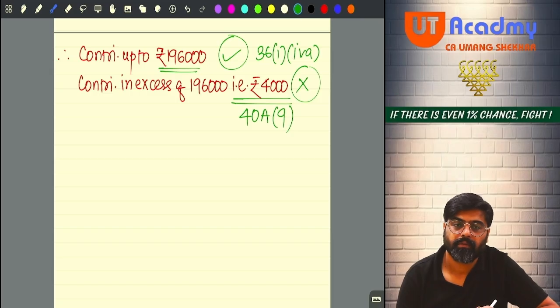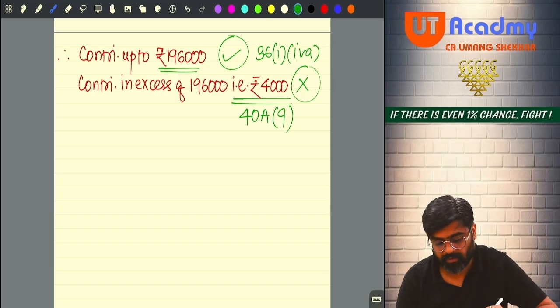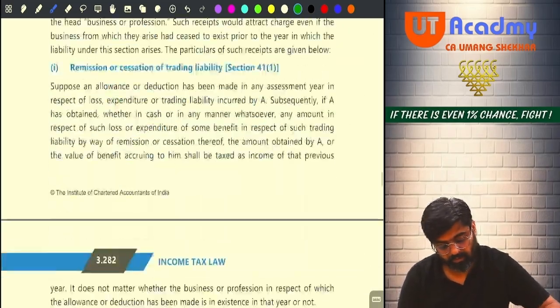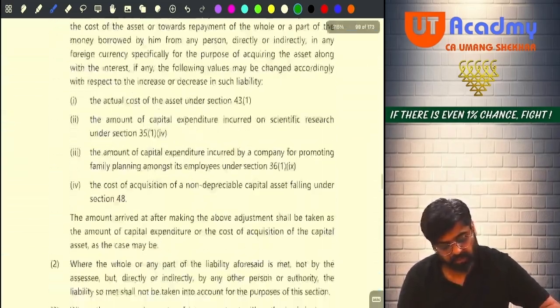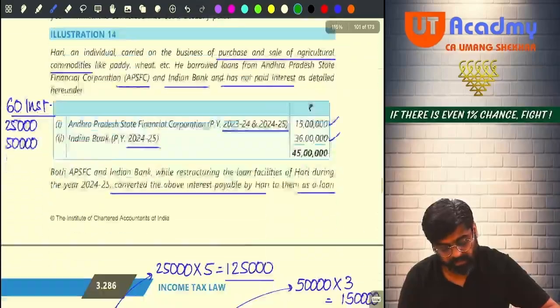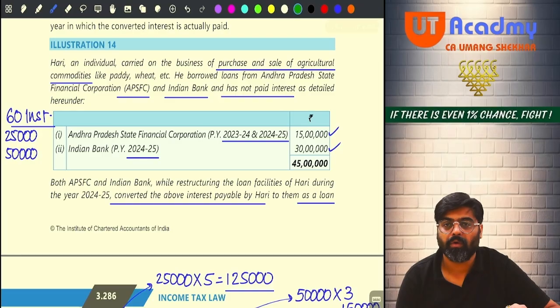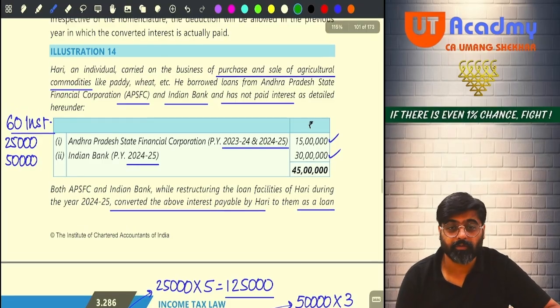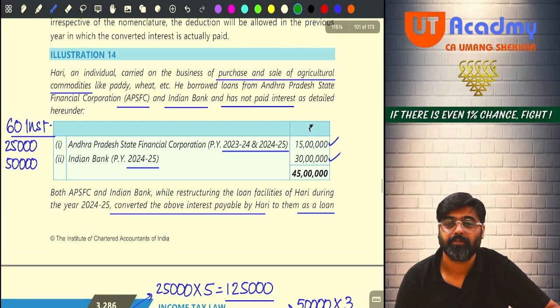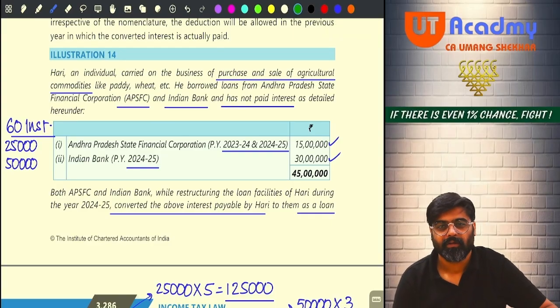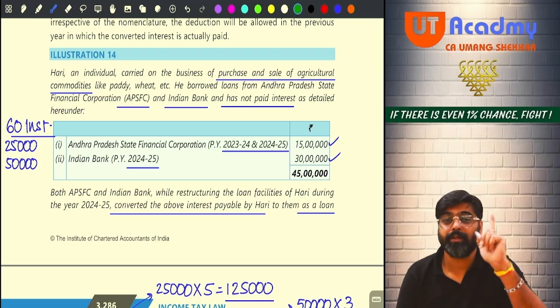Sure, sir? Should we move ahead? So question number 13 also done. Let's go to the next question. Question number 14, please check. Have we done question number 14? We have done it? No. So we are going to do this question also. Very good question. Don't mark it important. This is a good question. This will test you on 43B.